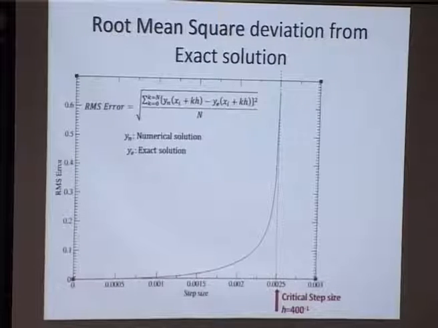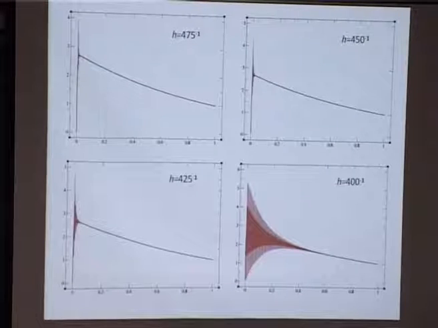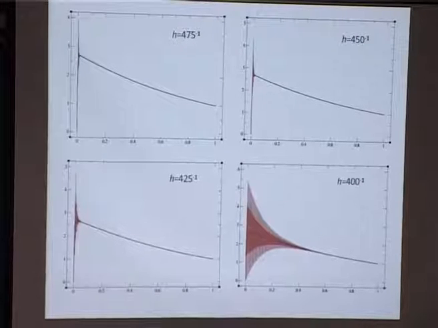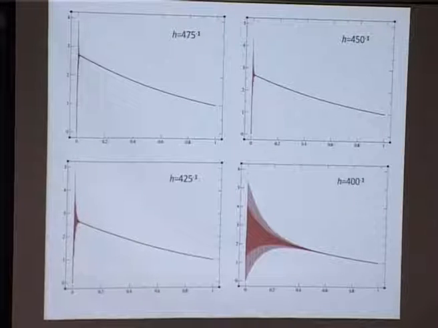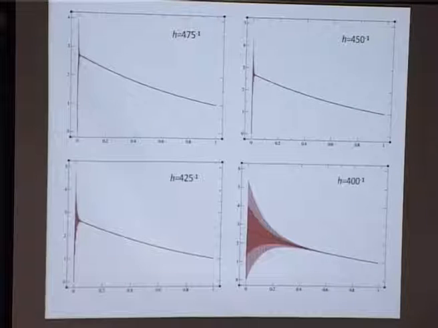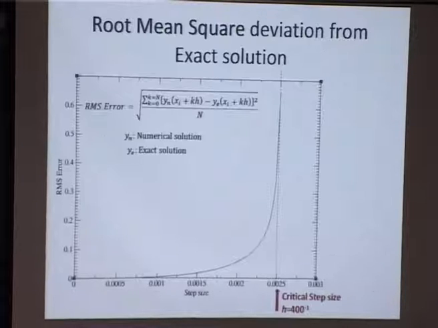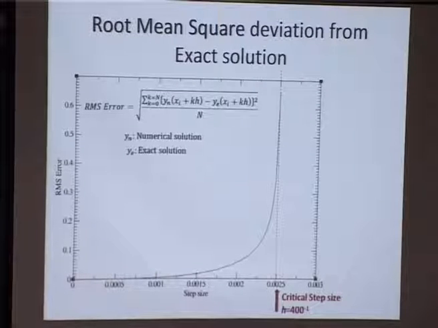And the reason I take the RMS error and not just the difference of yn and ye is because of this. As you can see, for example, in h equals 400 inverse, the difference between the numerical and exact solution is positive, and then becomes negative, positive, negative, etc. So it makes more sense to define the error or the deviation of the numerical solution from the exact solution in this particular way. Here yn is the numerical solution. Again, I've just taken one of the two numerical solutions because I've shown them to be as accurate as each other to within machine precision. So yn is a numerical solution and ye is the exact solution which I have derived analytically.